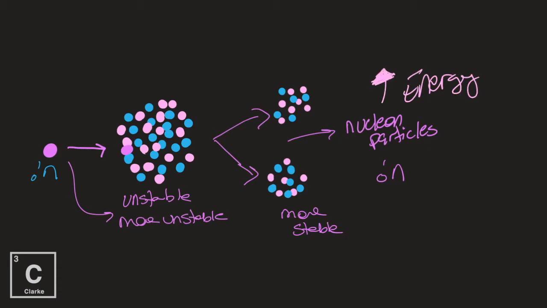This is a basic fission reaction. We're going to take a large, unstable nucleus. If this is man-made fission, we're going to slam it with a neutron. That neutron's going to stick. It's going to cause it to become even more unstable, so unstable that this nucleus is going to have enough energy rumbling around in the nucleus to split in half. It overcomes that nuclear binding energy, splits in half, shoots out a couple of neutrons, also releasing a lot of